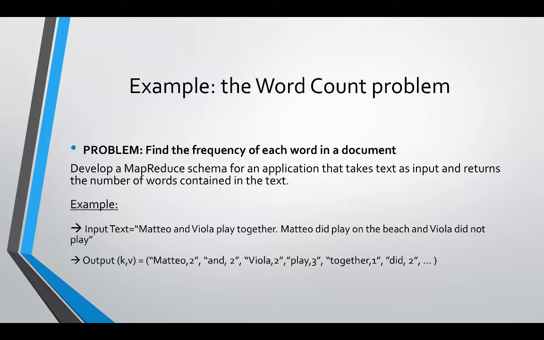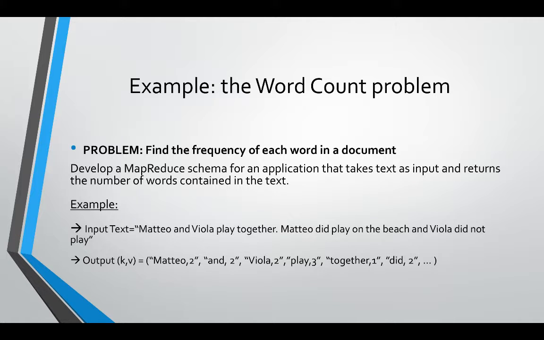How can we create a MapReduce algorithm that can find the frequency of each word in the document? So we want to develop a MapReduce schema for an application that takes text as input and returns the number of words contained in the text. For example, if we have an input text like "Matteo and Viola play together, Matteo did play on the beach